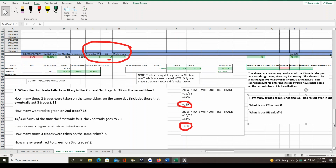So let me see if I can come up with a quick example. If one stock has a risk of $10, let's say we're going to trade 10 shares and then we're risking $100, and then the next stock has a risk of $1, we're going to trade 100 shares and the risk is the exact same. So instead of just trading a constant share amount, like here we are trading one share,